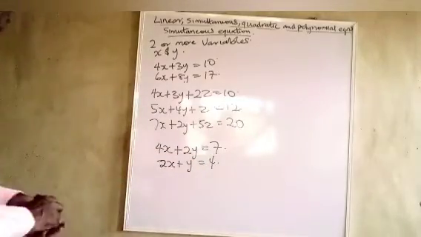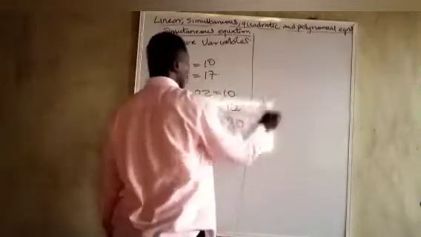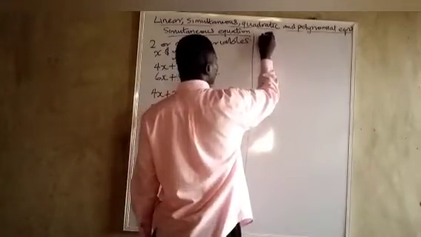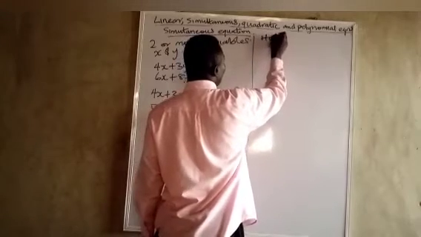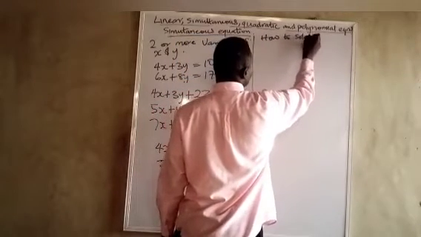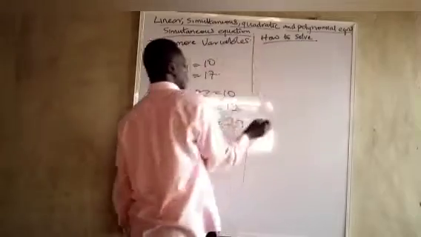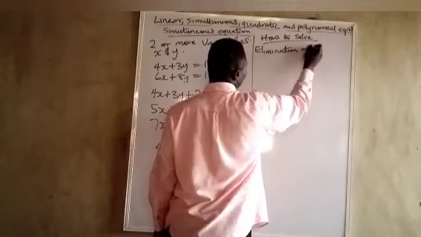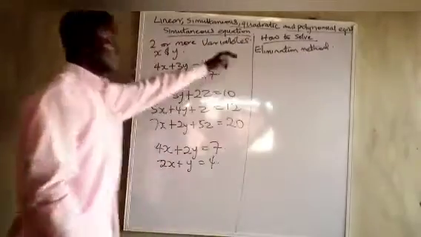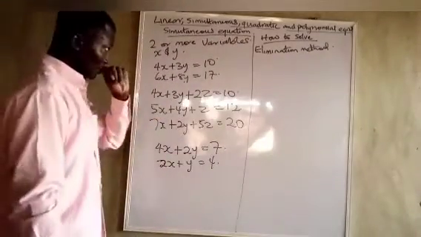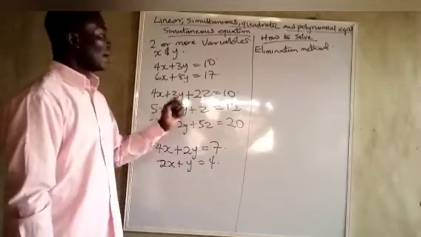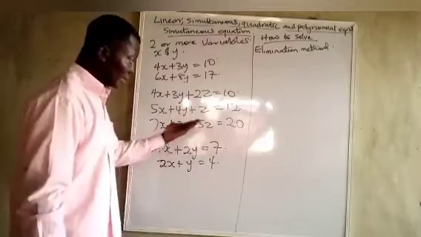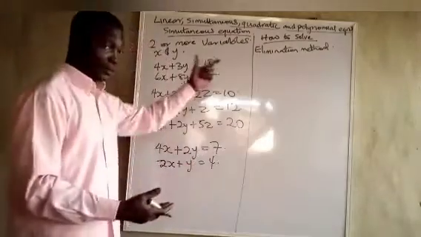Now, let's look at the main ways to solve simultaneous equations. The first one is what we refer to as the elimination method. For me, this is the most important technique you need to know. Why? It is very easy to use when you want to solve 2 by 2. Very easy to use. But it depends on you. I've seen people that say, no, I don't like using this, I like using